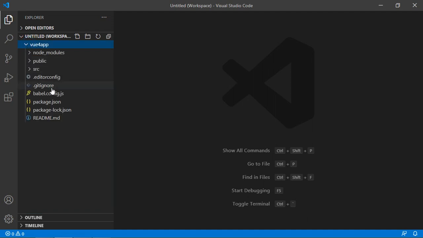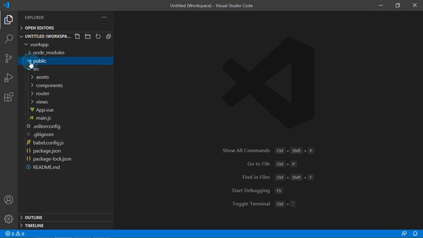You can see here the Vue CLI project, and this is the folder structure of Vue CLI 4. This is the public folder, src, and inside the src folder there are assets, components, router, views, and main.js.